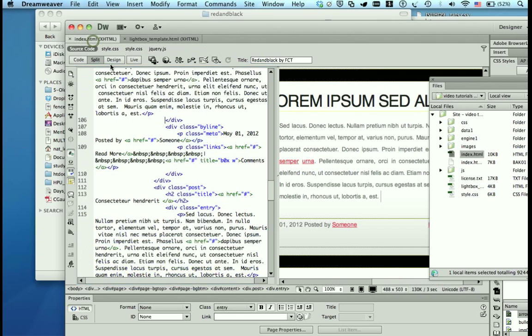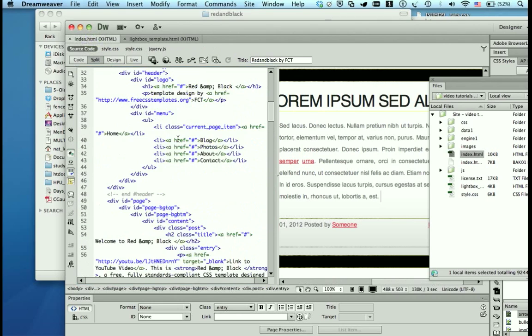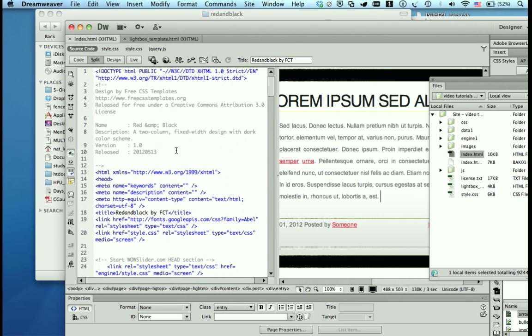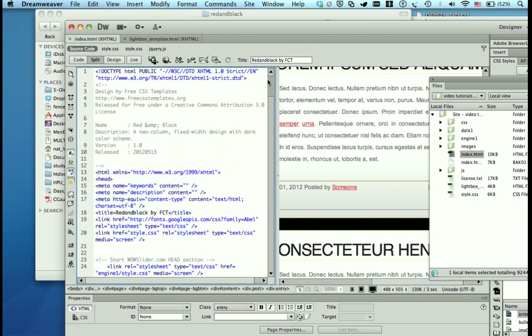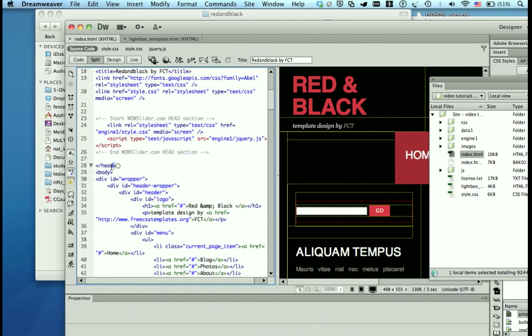And I will go into my index.html page. So you might see a lot of stuff, but don't let that intimidate you. You just need to know what to copy and where to paste it. So this is my head here to here. So I will